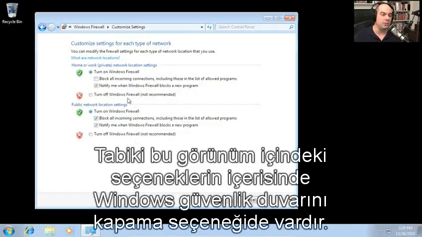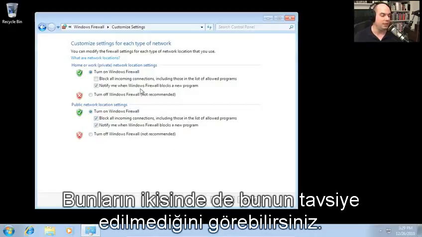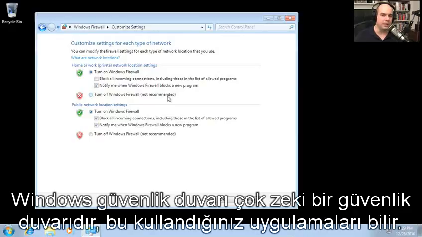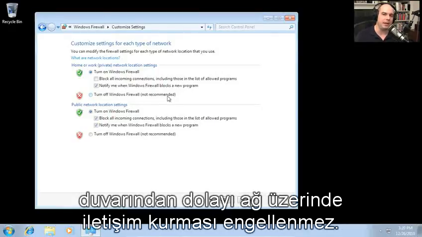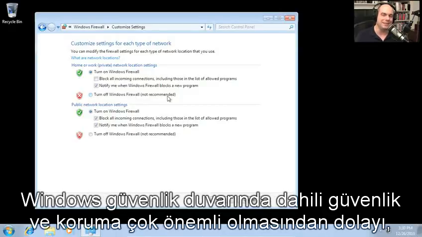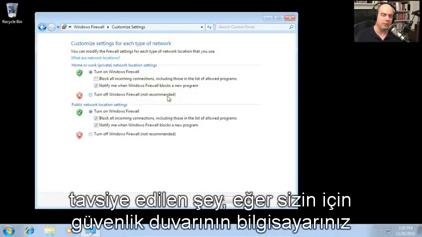And of course, you have the option within these views to turn off Windows Firewall as well. You can see in both of these, it says that really is not recommended. Windows Firewall is a very smart firewall, and it knows the applications that you're using. It would be a very, very rare occasion if an application was not able to communicate properly over the network because of Windows Firewall. And since it's really important that we have this built-in security and protection in Windows Firewall,